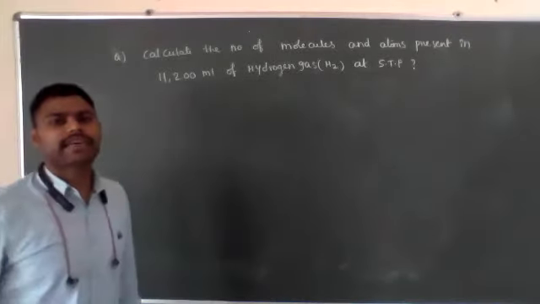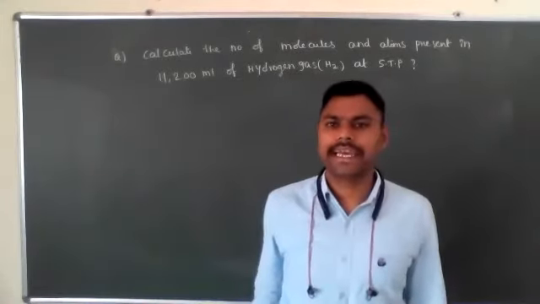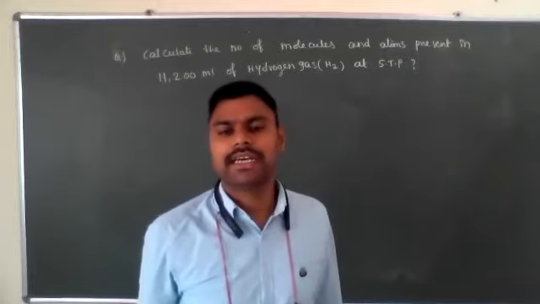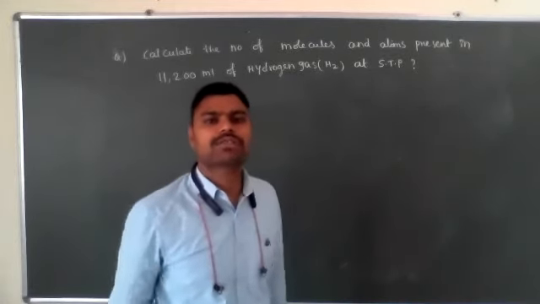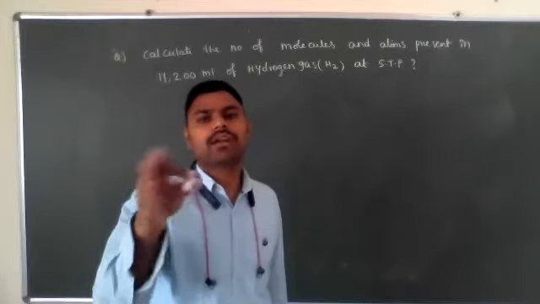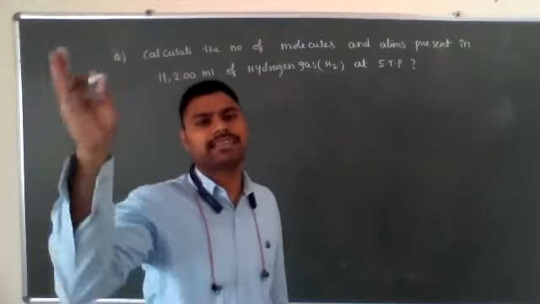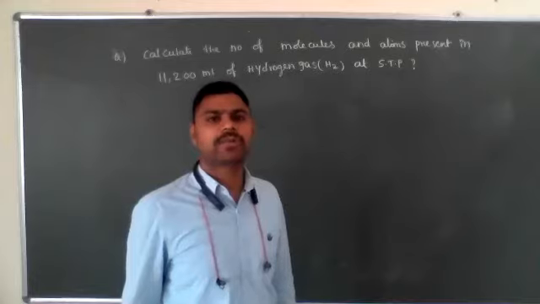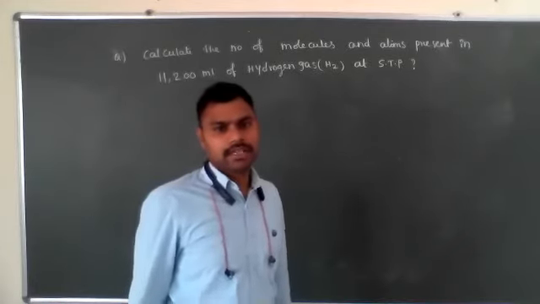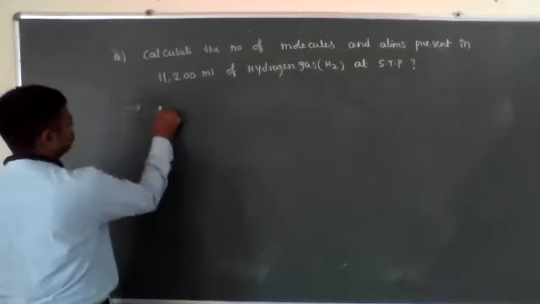So here the volume is given. That volume contains how many molecules? Actually, 22.4 liters or 22,400 ml is equal to 1 mole. That 1 mole always contains 6.023 × 10^23 molecules. In this case, how to calculate the number of molecules? After that, the number of atoms. One molecule of H2, how many atoms are present? 2 atoms. After calculating the number of molecules, we need to multiply it by 2 because each H2 molecule has 2 hydrogen atoms.